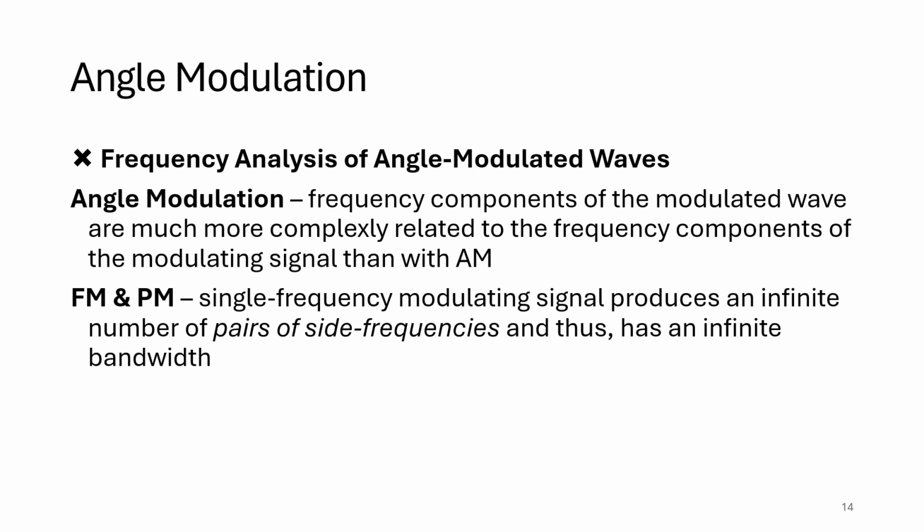However, most of the side frequencies are negligibly small in amplitude and can be ignored when using a variety of criteria. Of course, it is infinite, but the infinite term is just for an ideal scenario. When the amplitude is already very, very small, a number of pairs can be neglected, but there are still a number of side frequencies that are included. So we have to discuss what those criteria are so that we can decide whether a side frequency is to be neglected or has to be included in the bandwidth.